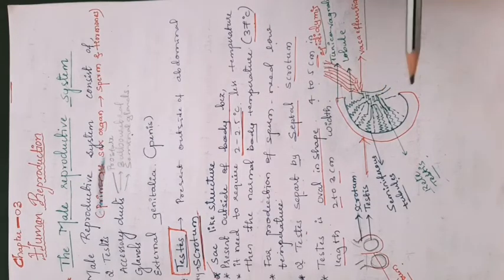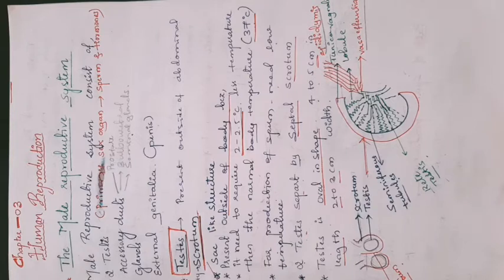Many compartments are present in a testis. Those compartments are called testicular lobules. Each lobule has a highly coiled structure. Those are the seminiferous tubules. Seminiferous tubules have two parts, a coiled part and a straightened part. The coiled part mainly helps in sperm production. The sperm production occurs in the coiled part of the seminiferous tubule.